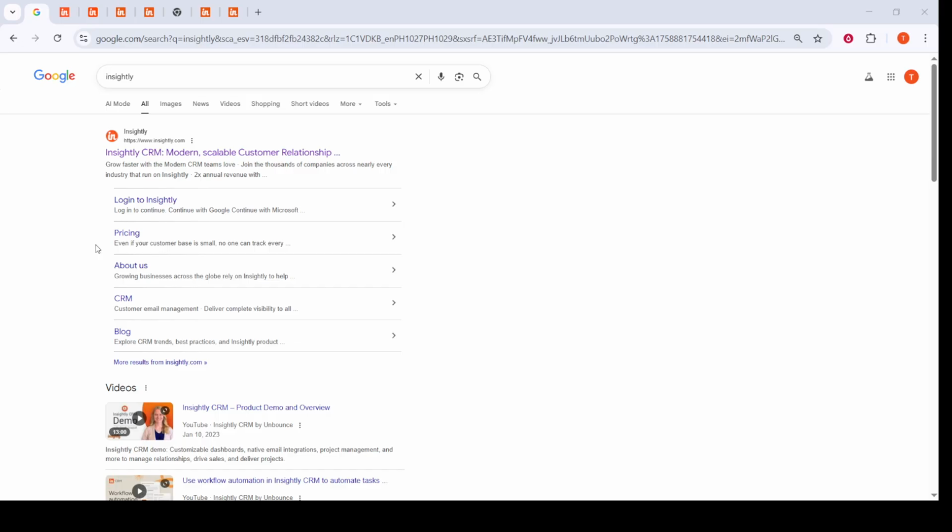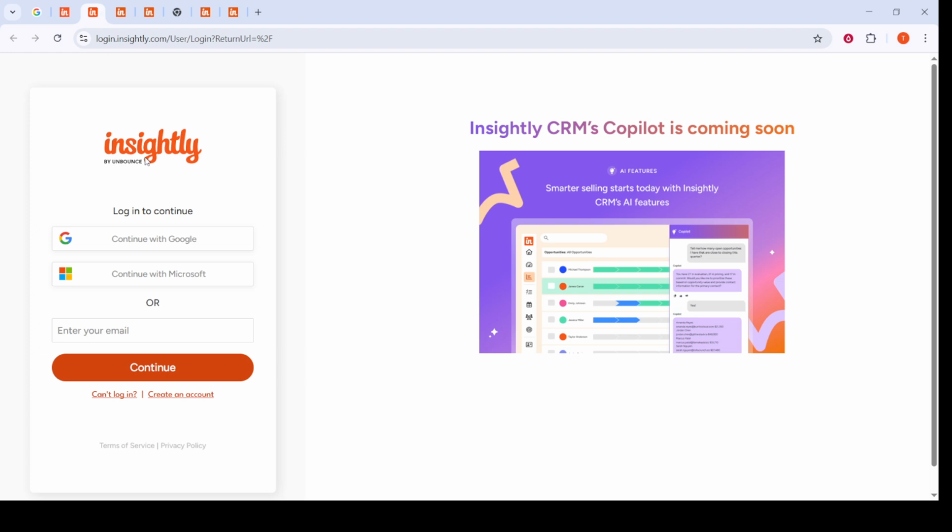First, you'll need to open up your preferred browser. In the search bar, type in Insightly and hit Enter. This should take you directly to the Insightly homepage. Enter your credentials on the login page, and you'll be granted access to your Insightly dashboard, where the real work